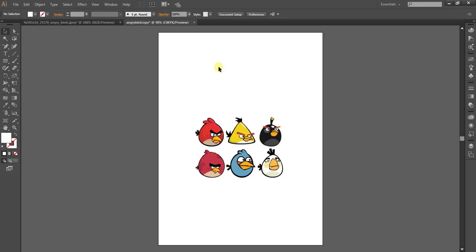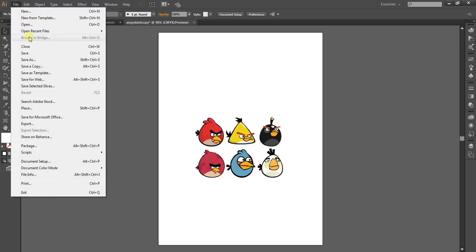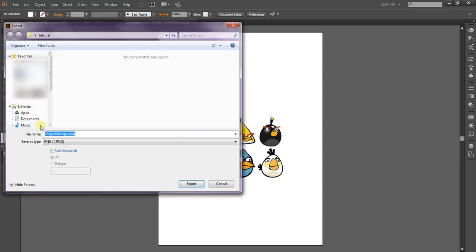Actually this doesn't have a background. To prove that, I'll save this image and you will come to know. So we'll go to File, and don't opt for Save or Save As, since it doesn't give a PNG format or anything. You just go to Export.